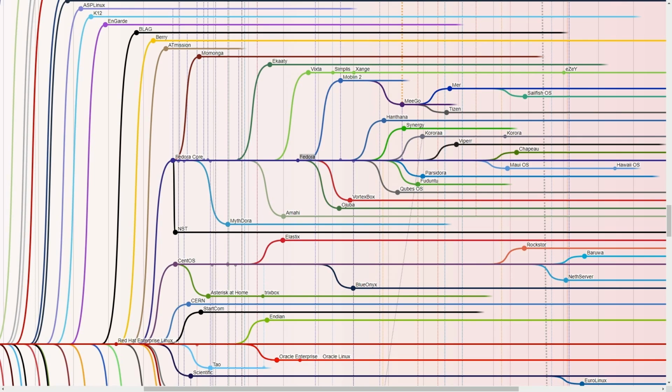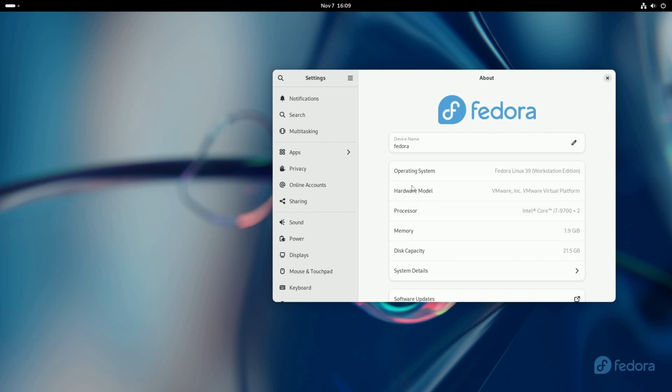And one last distribution I want to talk about before we get to numbers is Fedora. Fedora is another popular Linux distribution. This one is really known for its rolling release model and is a choice of Linus Torvalds, the creator of Linux himself, who uses Fedora, another great Linux distribution. You're probably getting worn out by all the choices, but this Linux distribution also has a variety of editions with cutting-edge features. This one's known as being at the forefront of development in Linux.